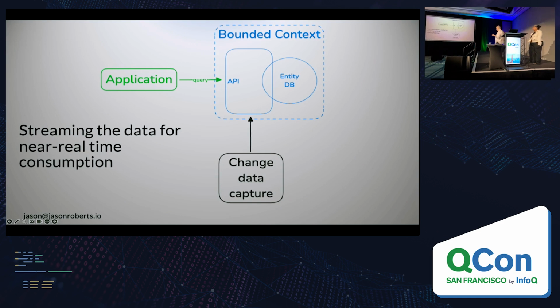At a fundamental level, this is how we get data from our mainframe or any legacy system into a bounded context. There's change data capture, which we have as a black box here for now, intentionally. I don't want to get into that yet. But it's streaming data into an API. And that API has a database. In our case, it's a document collection where it just puts them in there. And they're available in near real time from when the change happens on the source system for any application to query and make available to somebody on the portal.